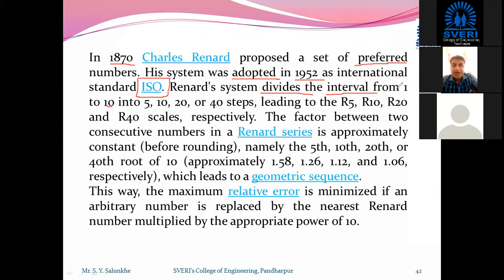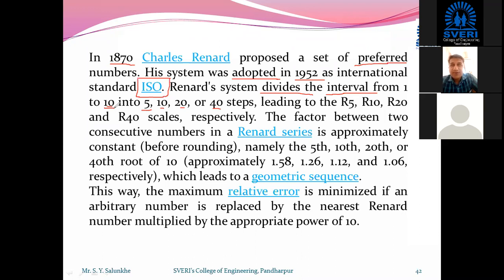Okay, how has he divided it? He has divided it as 5, 10, 20, and 40. So these are the numbers by means of which we can multiply by 10, and the number which we are going to get will be considered a standard value. If you are adapting it to the power, then that will be for the power.